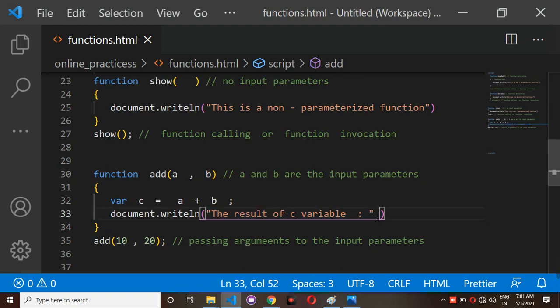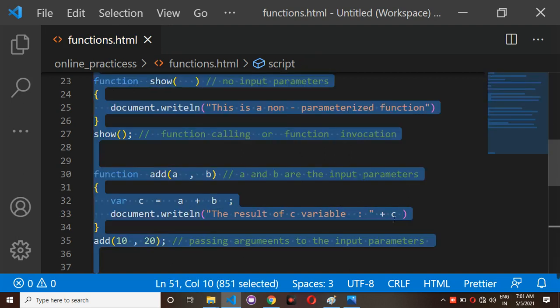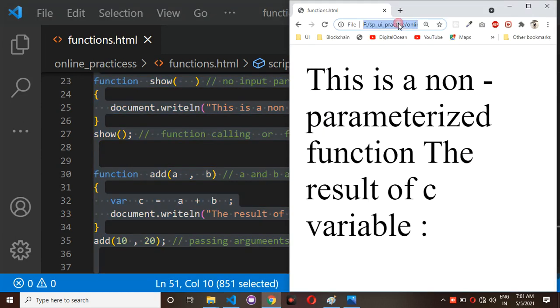After this, you need to use one plus symbol. After that, the result is stored inside this c, and you have to keep it after the plus. Now observe, you can see the result of c. The result of c is 30.